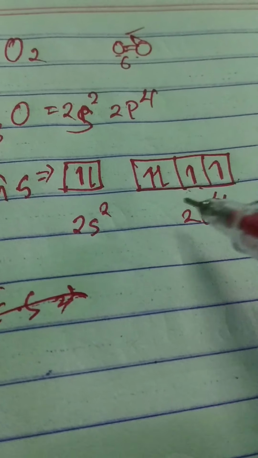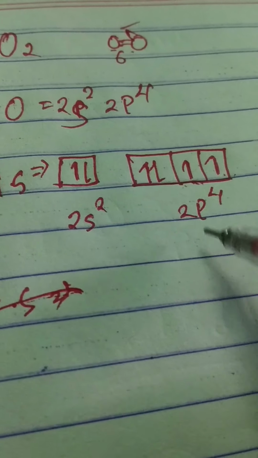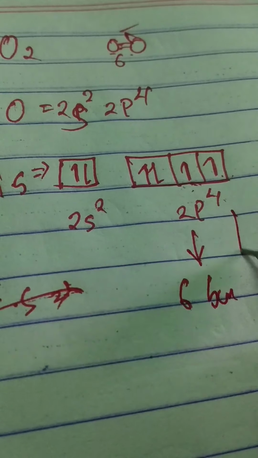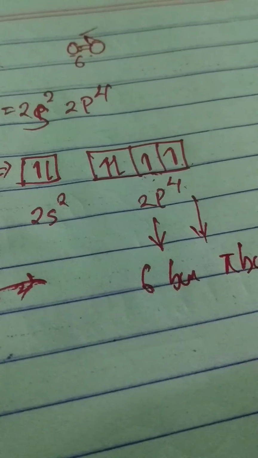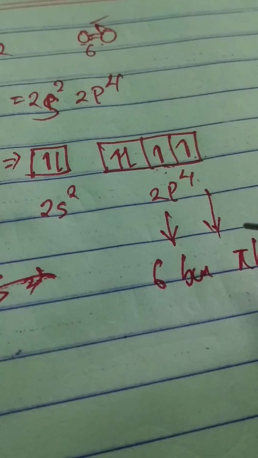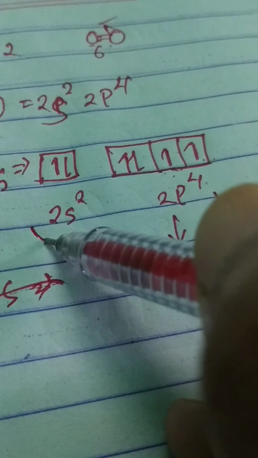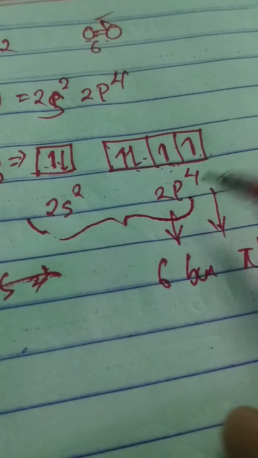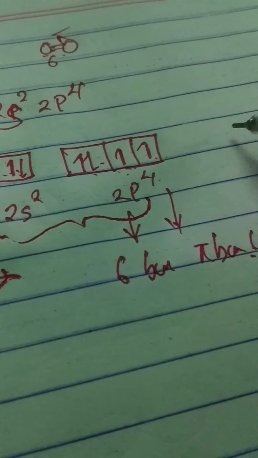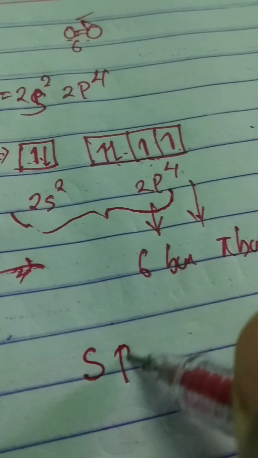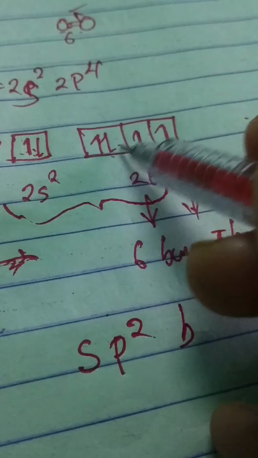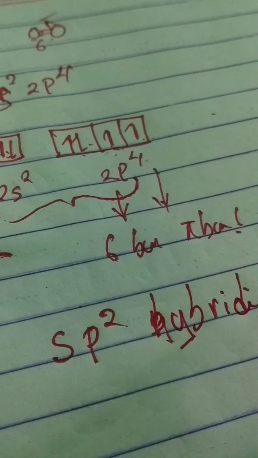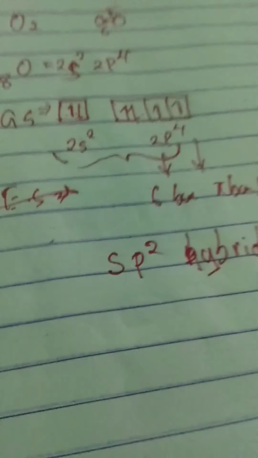Out of these two electrons, suppose this one comes for the sigma bond, and this one is coming for the pi bond. So how many are coming in total for hybridization? I have to take from the beginning: the lone pairs also. These are the lone pairs. I have to take the lone pairs and the sigma bond only, up to this. So what is the name of the hybridization? The name is sp2, because one s and two p orbitals. Lone pairs you can take.